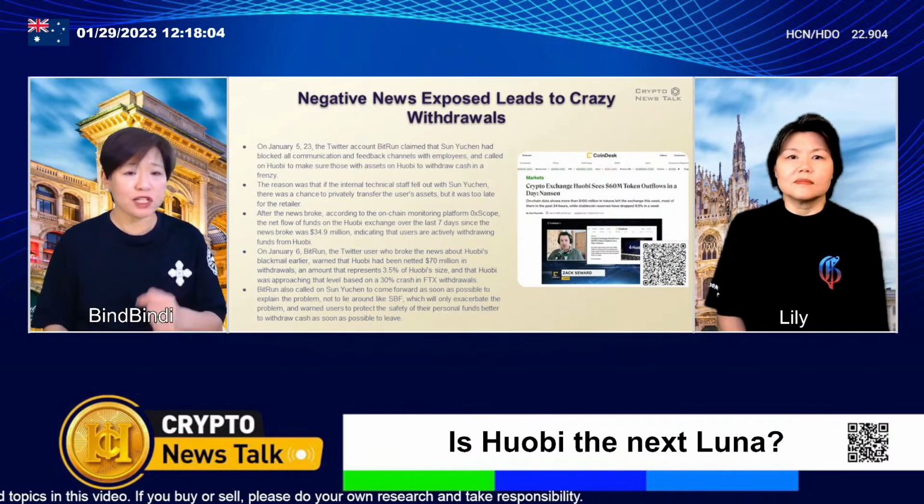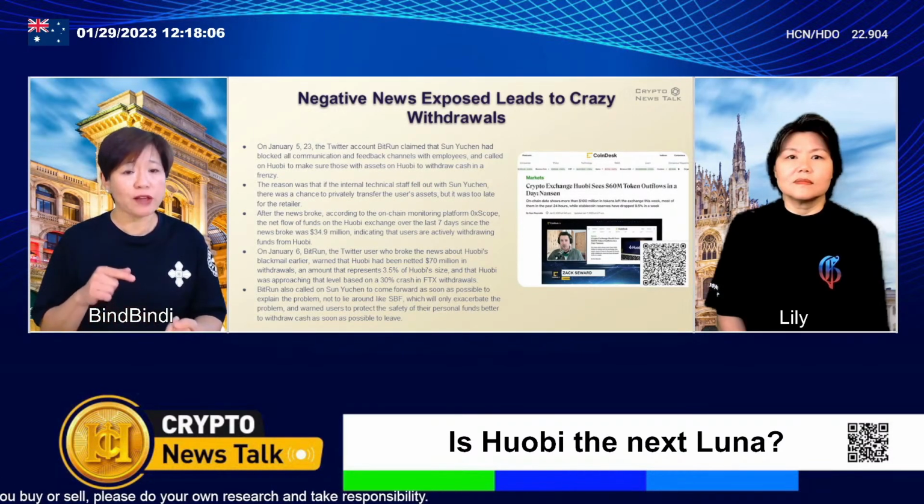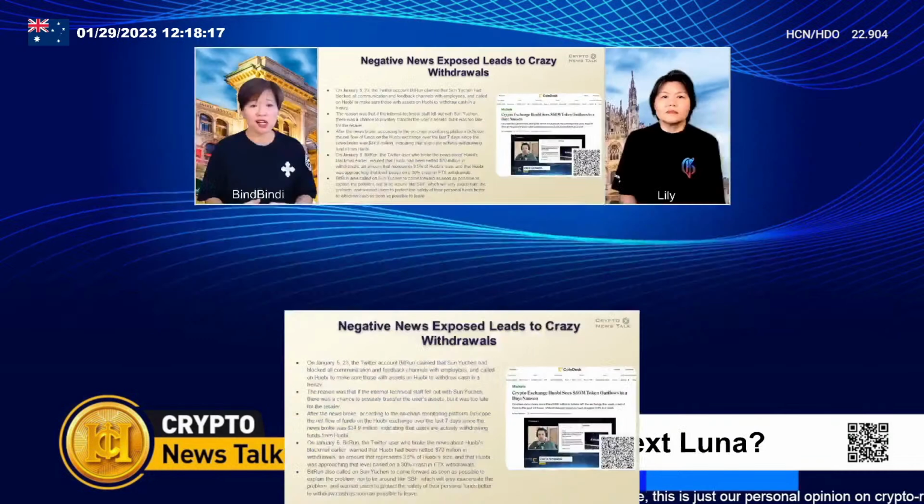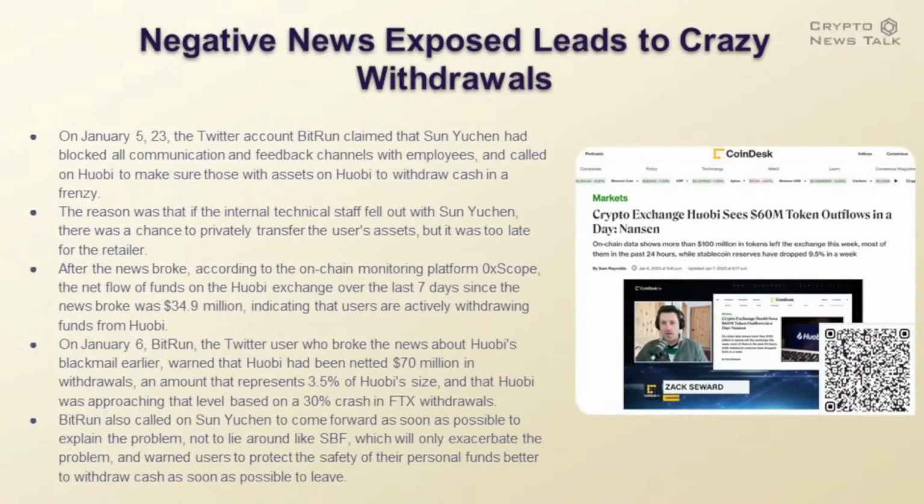And then of course the other thing is Huobi has a combination of HT and TRX that accounts for 44%, and that's a huge percentage. When TRX goes down, when HT prices go down, so will the platform. So at present, what is supposed to be healthy is stable coins comprising 50% of the platform,